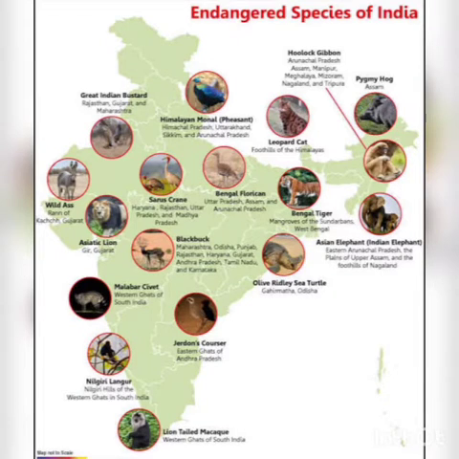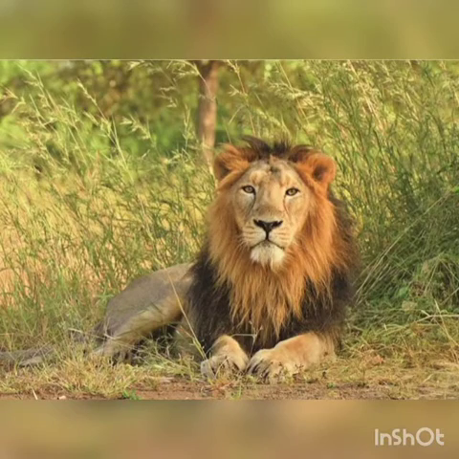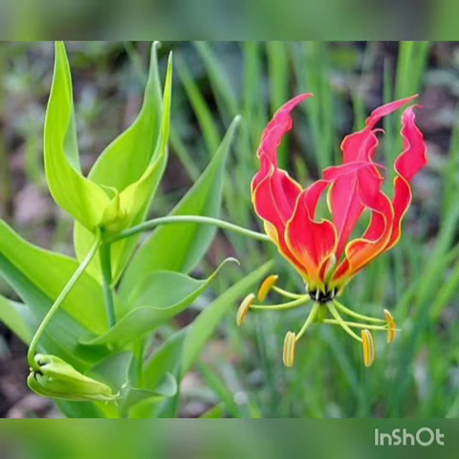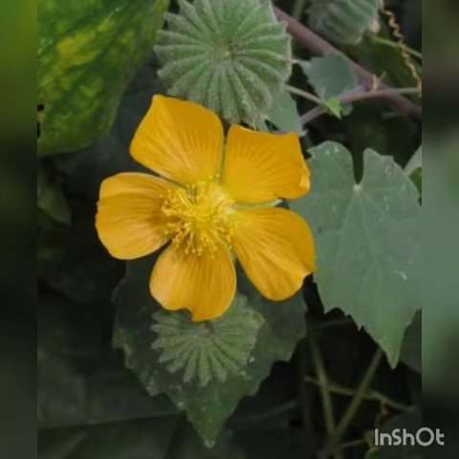In India, nearly 132 species of plants and animals are critically endangered. Let's come to know the names of endangered animals. Yes: snow leopard, Bengal tiger, Asiatic lion, etc. Similarly, plants like the umbrella tree, Malabar lily, Rafflesia flower, Indian mallow and musli plants are endangered.